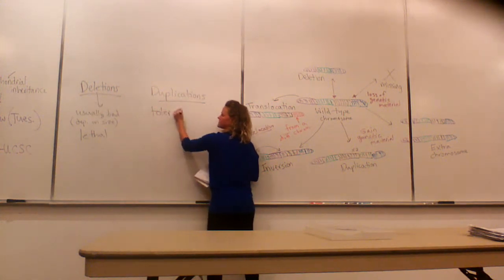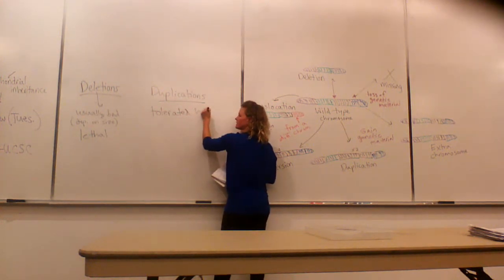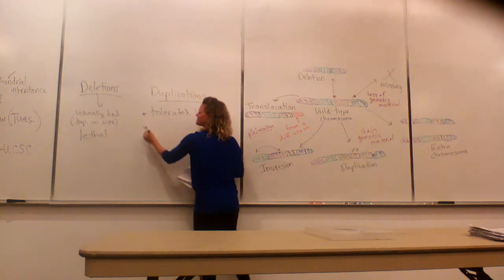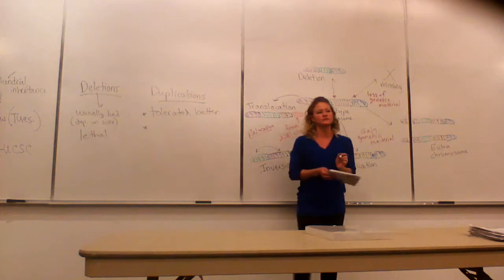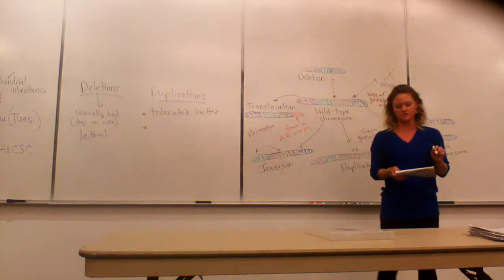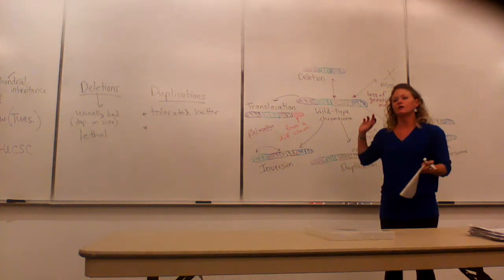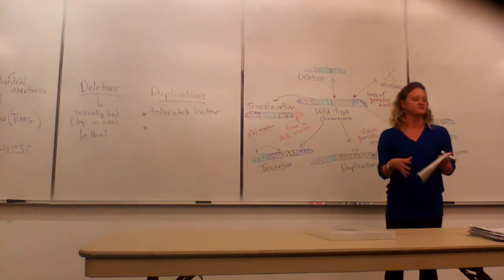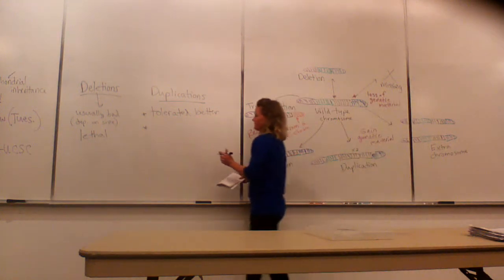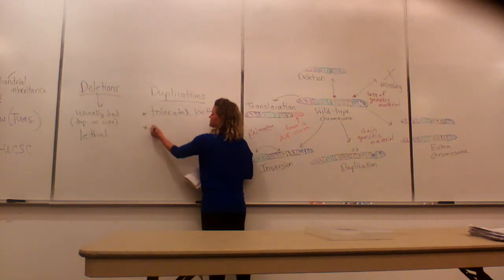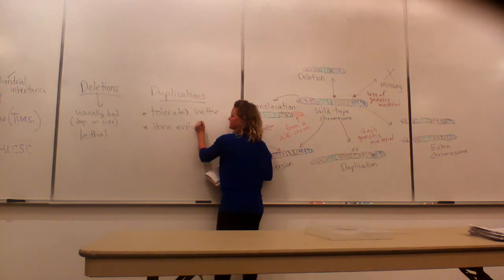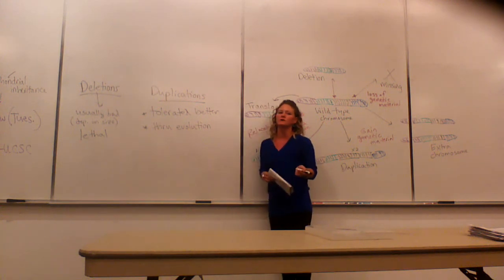So maybe in your notes you could write "tolerated better, phenotypically." And over evolutionary time, we see big duplications like this that are beneficial to the organism, that are retained through natural selection. So evolutionarily, you see this happen naturally, and it's not only tolerated, it can be beneficial depending